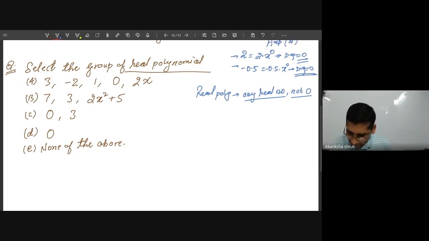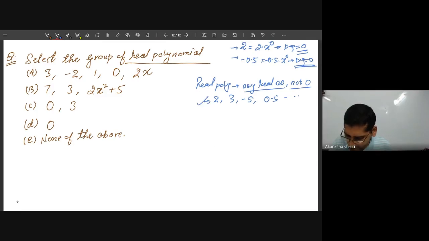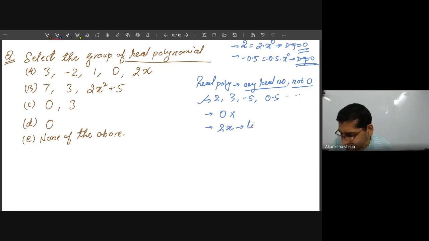Any real number, it could be 2, 3, minus 5, 0.5, etc. But it cannot be 0. If 0 is included, it becomes wrong. If 2x is included, it becomes linear, that we will learn. So here, in option A, because of 0 and 2x,